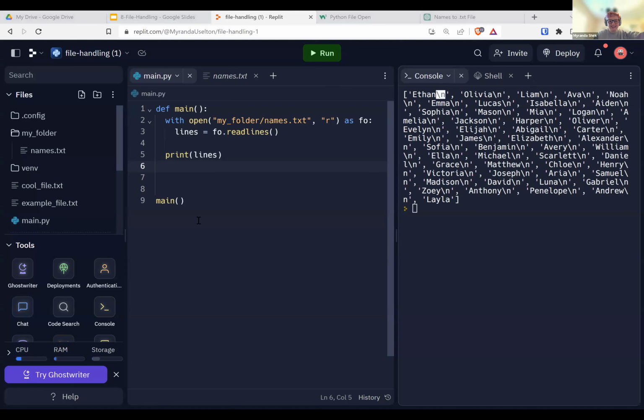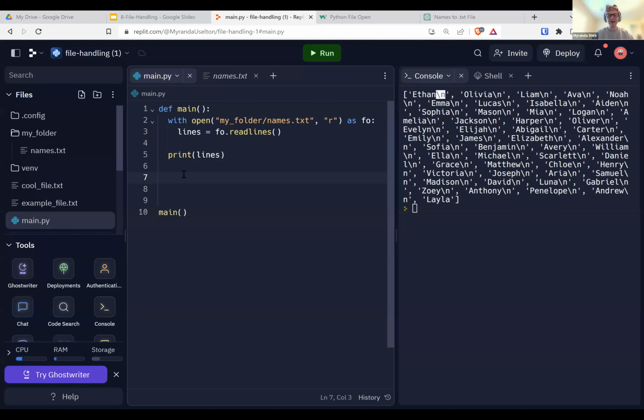Strip. Yes. Amazing. Trim was a good guess. Yes, strip. So let's just say I want to get the first line. Let's just test it on this first line here, which should be the first name, which should be Ethan, right? So let's just print lines, the first line, lines[0].